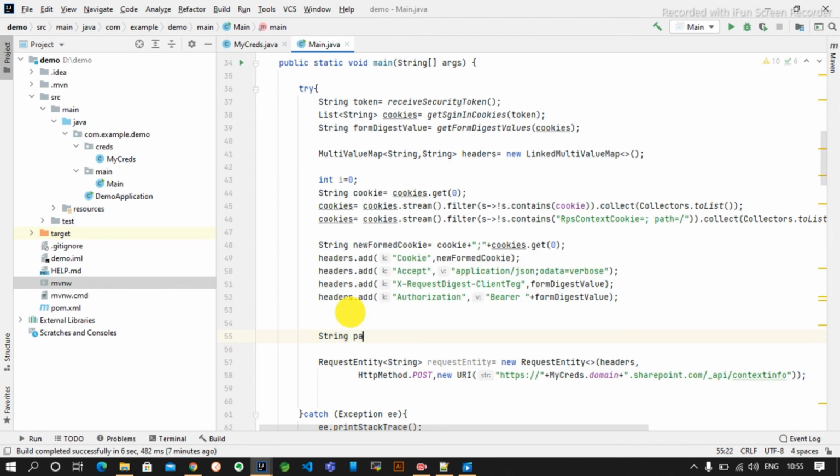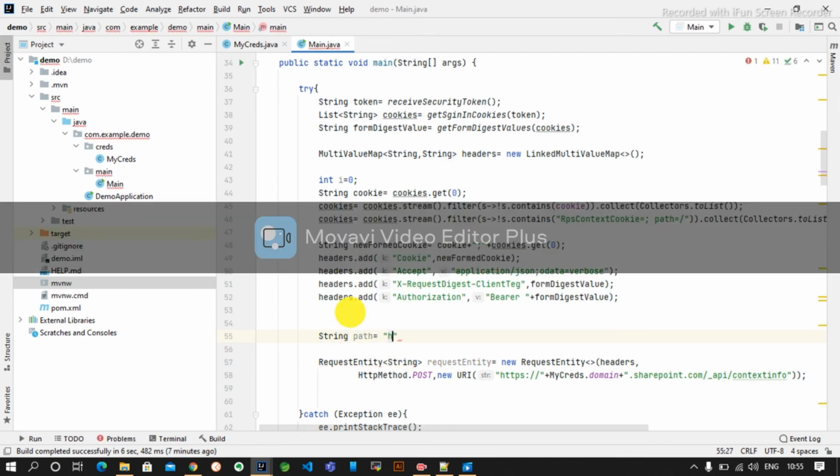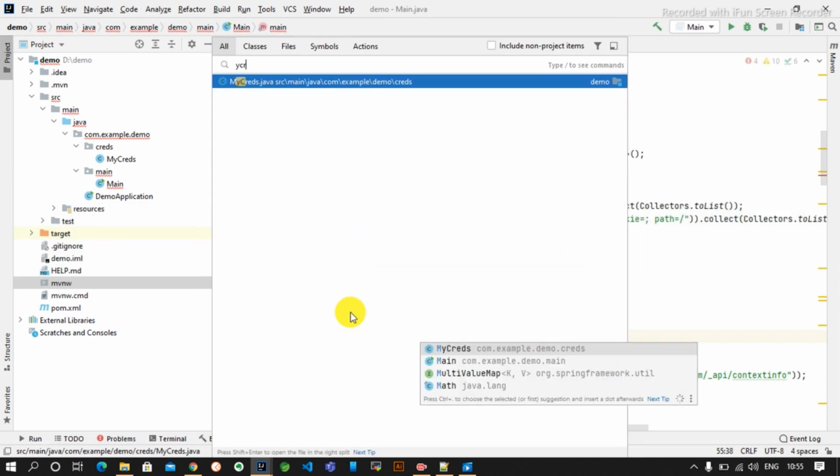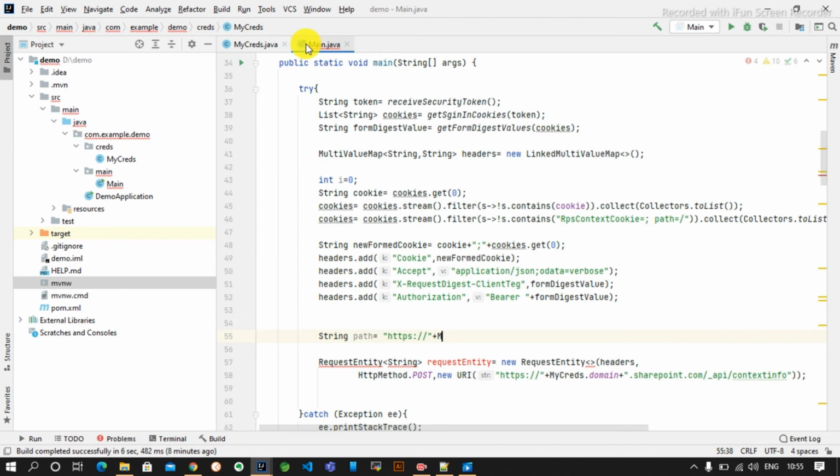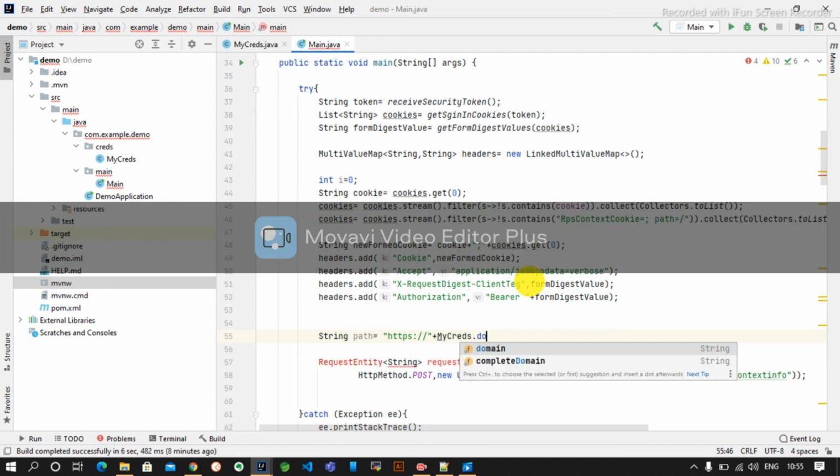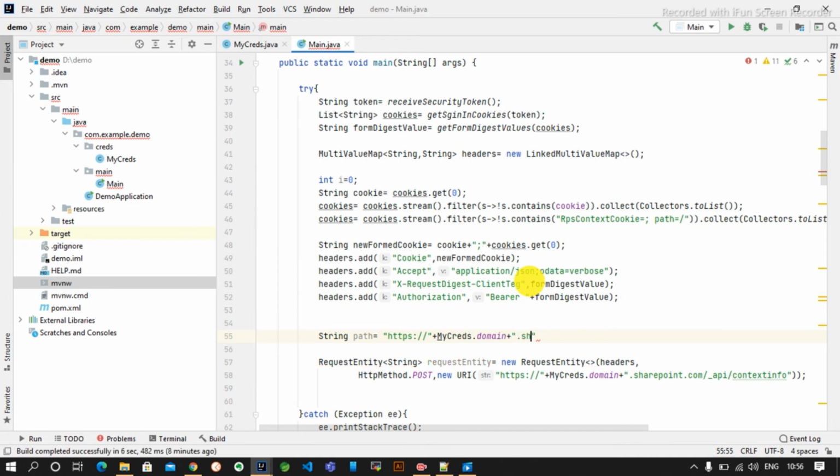String path is equal to https colon double slash plus migrates.get.domain plus dot sharepoint.com